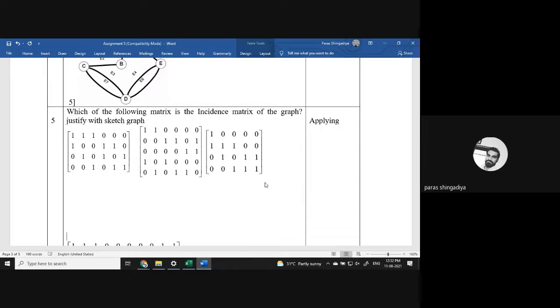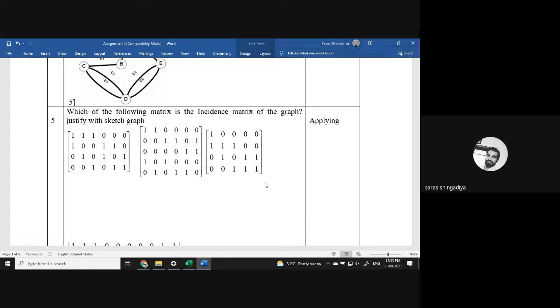It is simple: we will observe each and every column. Each and every column contains two times of 1. Okay, अगर सभी column में 1 की entry नहीं, then that is not an incidence matrix. Otherwise it is always an incidence matrix, meaning we can easily create the graph using the given data. Clear? Each and every column should contain two times of 1. In other cases, we cannot draw this type of graph. For example, if the last column contains only one time 1, and the rest of all entries are 0, then it is not possible to make an edge between any two vertices. So let's consider the verification first.